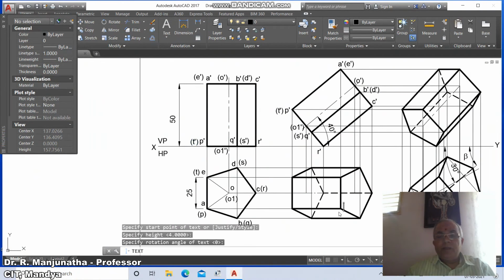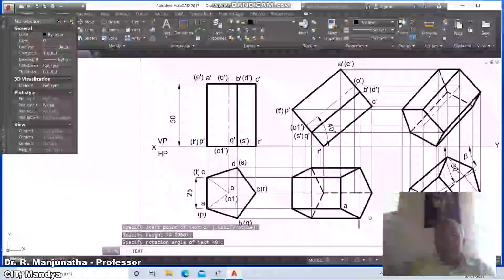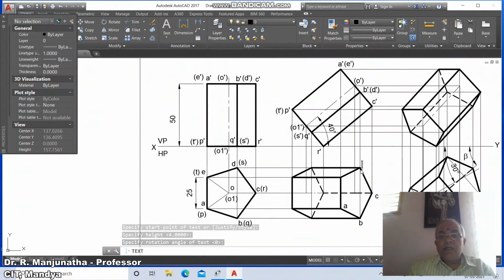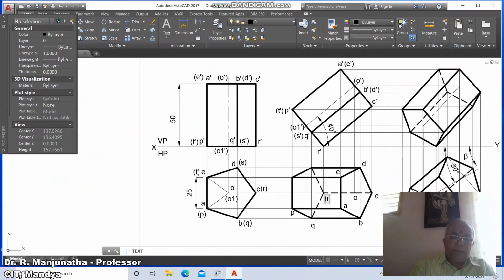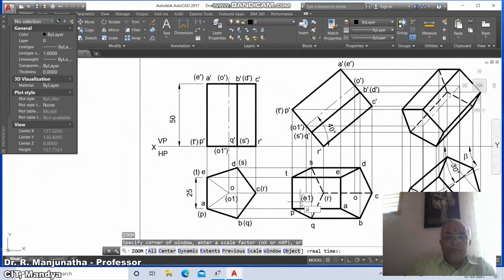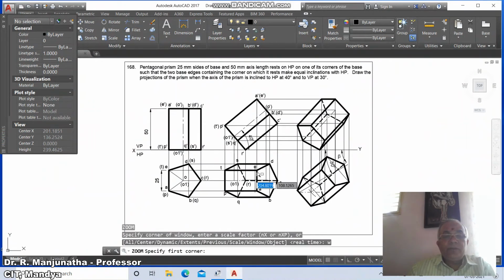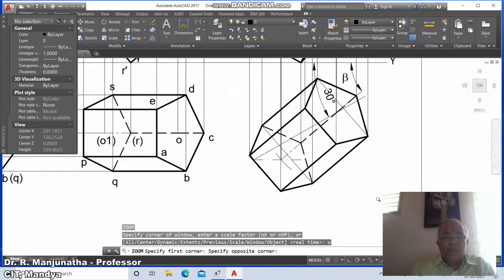Here you copy A, copy B, C, D, E and O. Here you copy P, Q, and this is R in bracket, then S, then T, and this should be O1 in bracket. Then go to zoom previous, then go to zoom window, select this entire thing and then go to